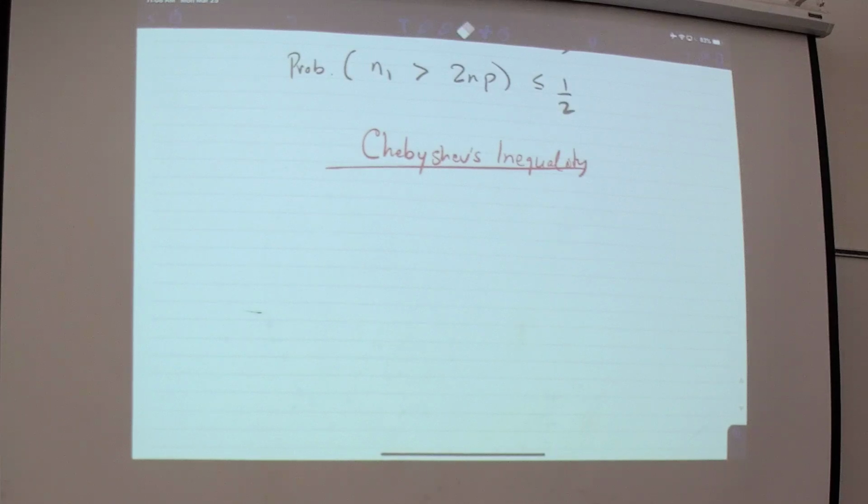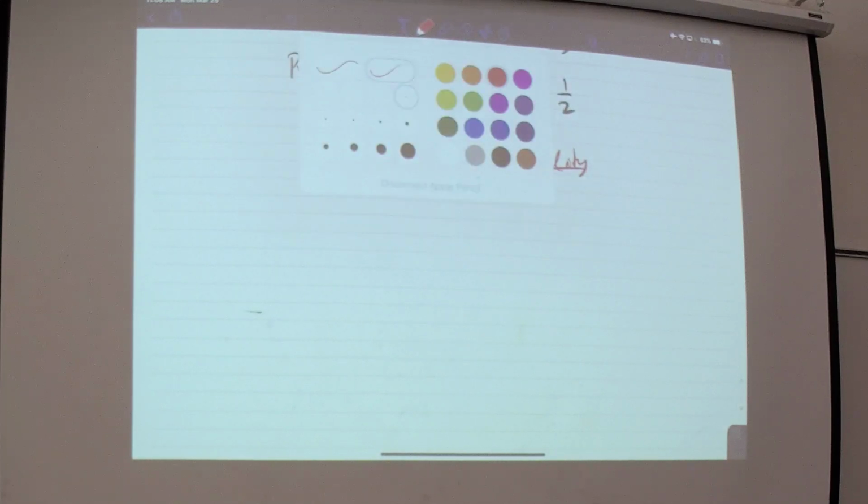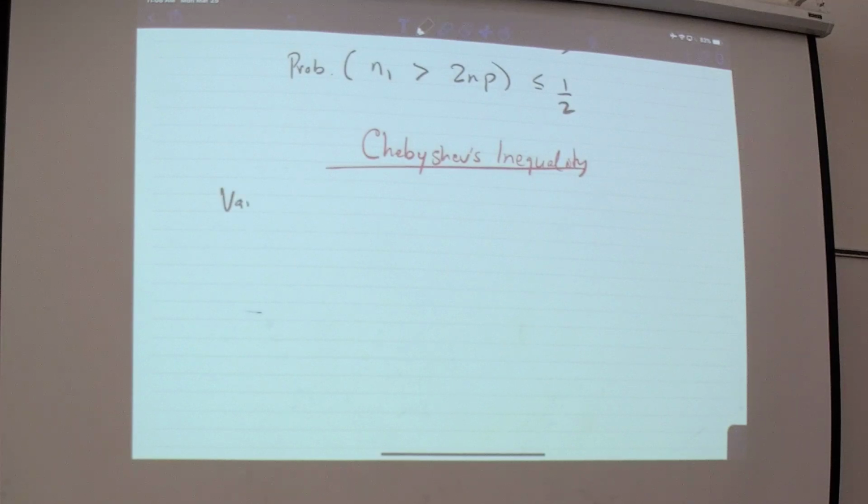So again, just recall, if I have a random variable x, the variance of x is the expected value of its deviation from its mean squared. It's not the square of the expected value of the deviation, it's the expected value of the square of the deviation. Why are we doing that squaring? Well, we're saying, look, we don't care if the random variable deviates from the mean on one side or the other. We just care about the magnitude of this, and then we square it. The standard deviation is the square root of the variance. So if you follow the standard deviation,